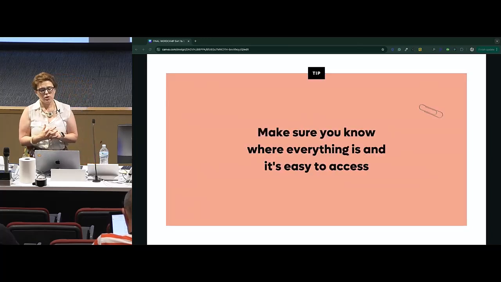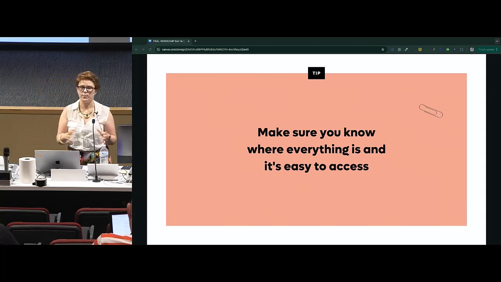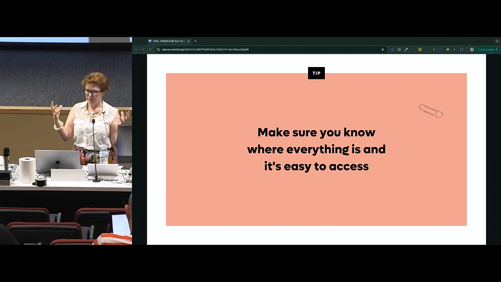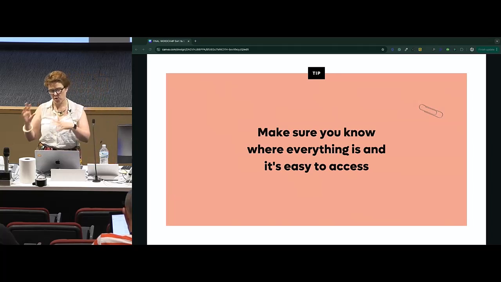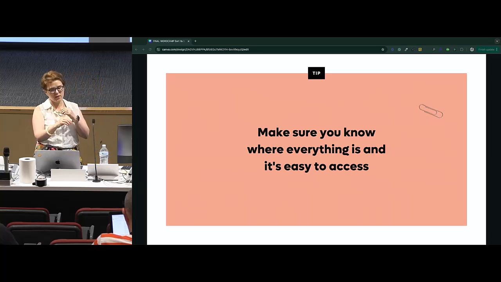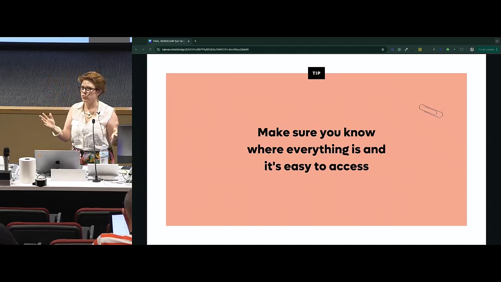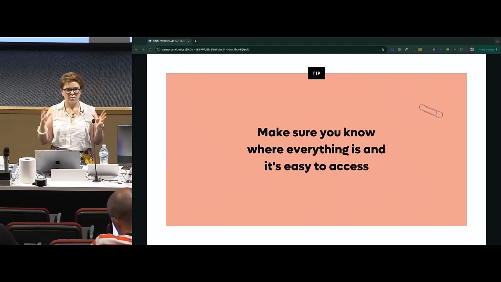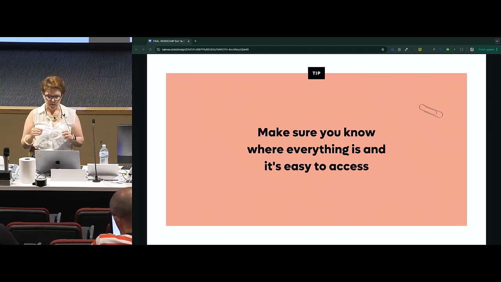Another tip, make sure you know where everything is and it's easy to access. I've seen people try and template their business before and they've created stuff and it's all over the place. It's not in one place, it's not easy to access. So if you create, say, a proposal template and you file it somewhere and then if you find it difficult to file, change it to like the first spot you look for it. Make it easy so you can always access it when you need it.